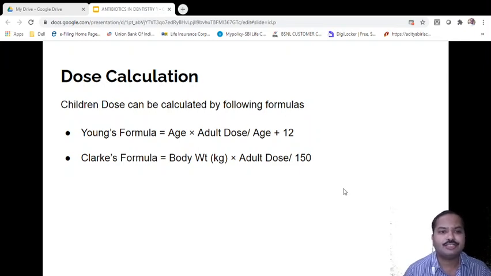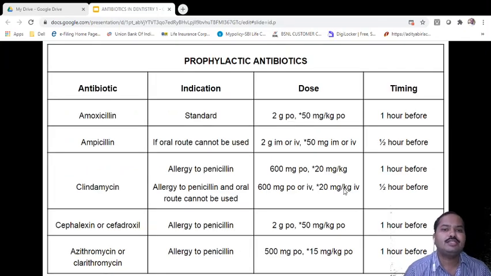Now the dose calculations. The calculation of dose in children is required, where Young's formula and Clark's formula, as you all must be knowing, have been utilized for determining the dosage. Then the prophylactic antibiotics, which we had discussed previously, for infective endocarditis and for any infection post-operatively in the wounds. So we have been giving amoxicillin, ampicillin, clindamycin, cefalexin or cefadroxil, azithromycin or clarithromycin as the drugs of choice and